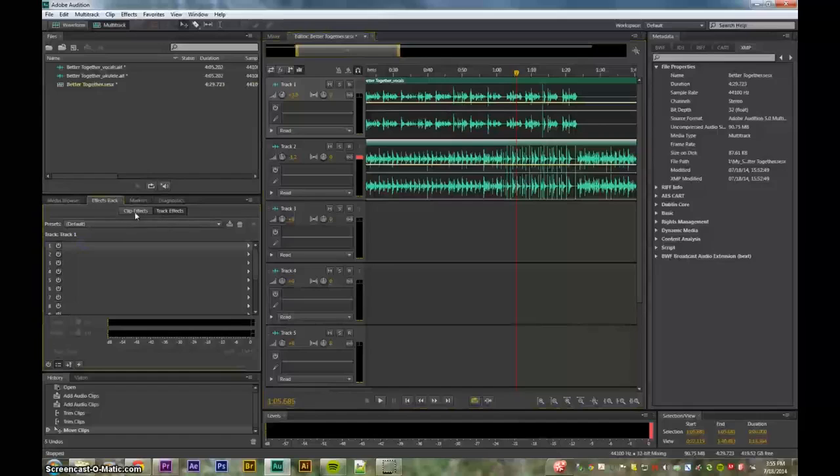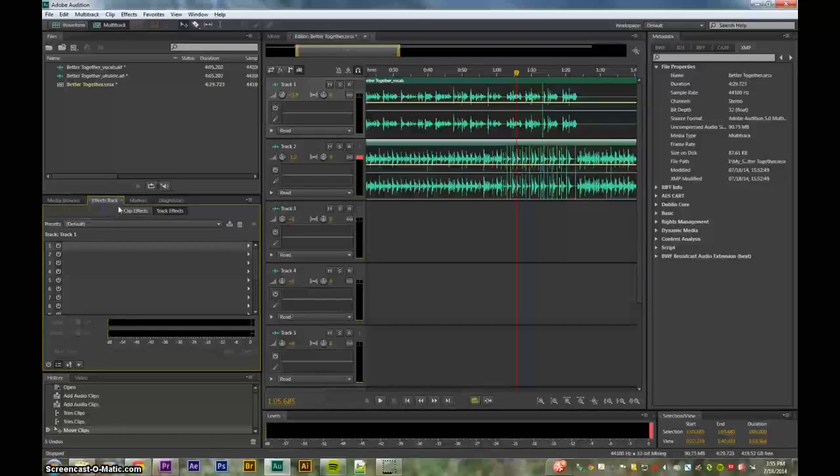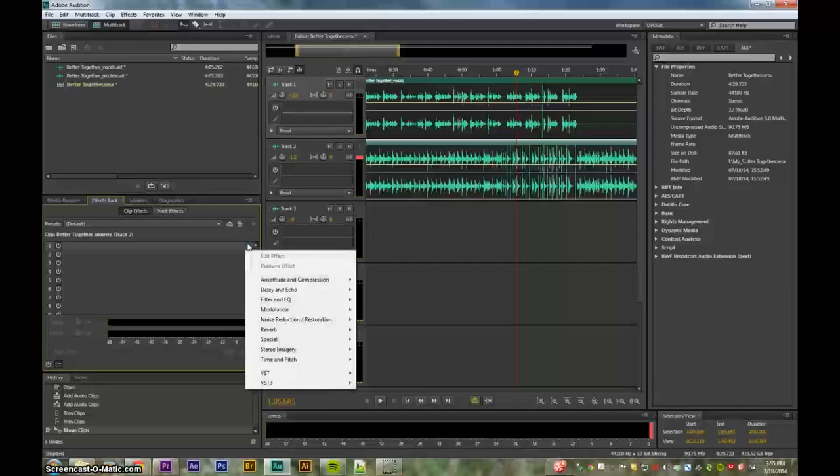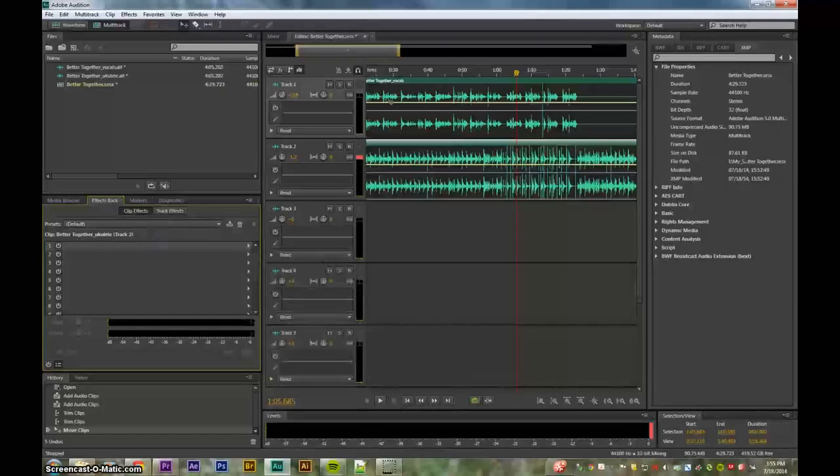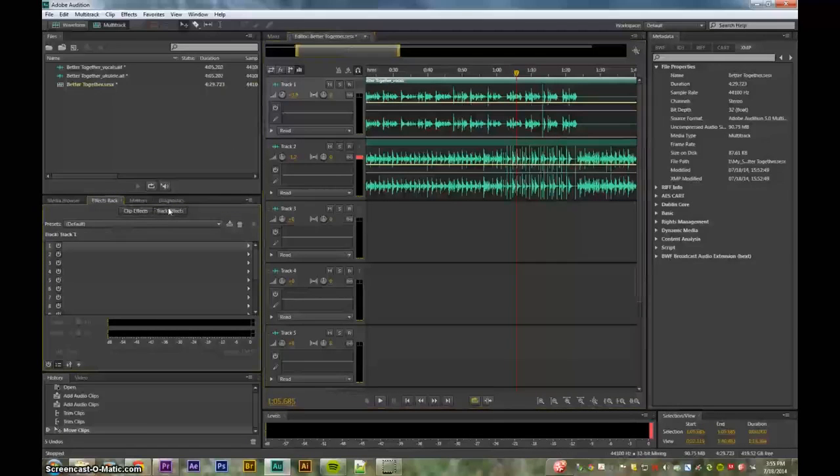I'll show you that over here you also have effects that you can apply to the clip. Honestly, I don't actually know how this works. I don't know what the difference between clip and track effects are. I'm guessing that track effects apply to one or the other, and clip effects maybe apply to the whole thing. Honestly, I haven't played with the multi-track very much, but a lot of the same effects are available here. One of them that I'm going to show you just because it's cool. We're going to do track effects though, because we don't want it on the uke,